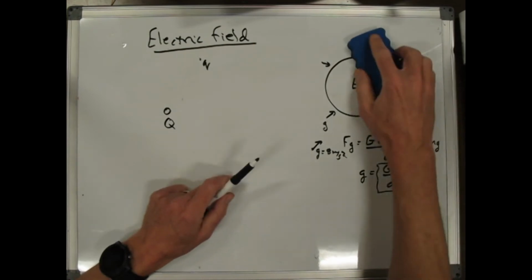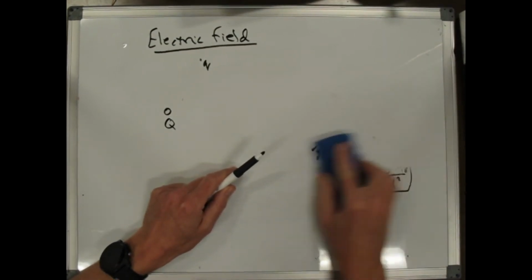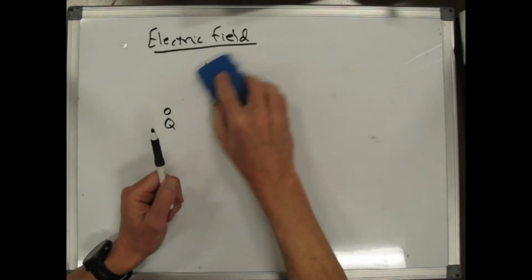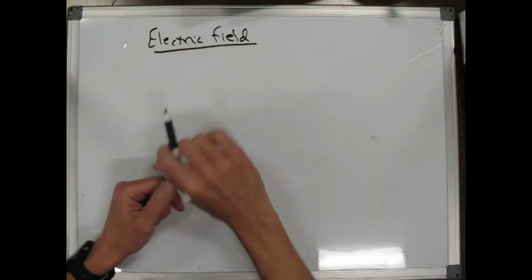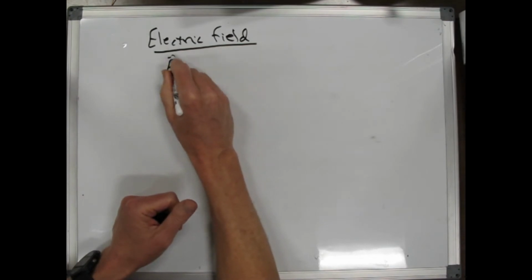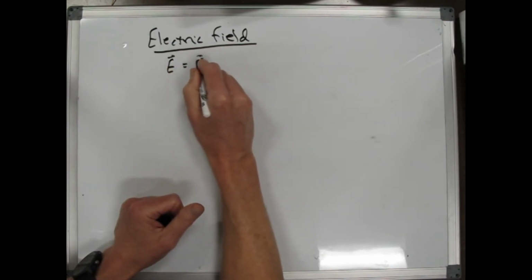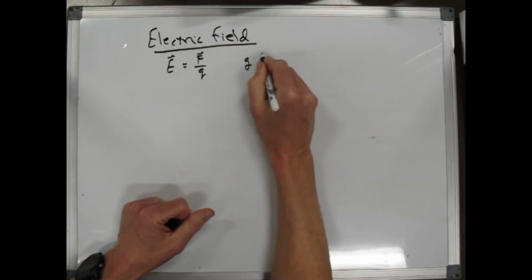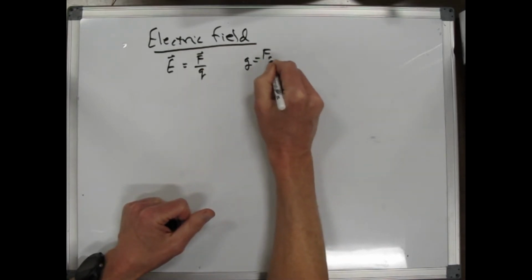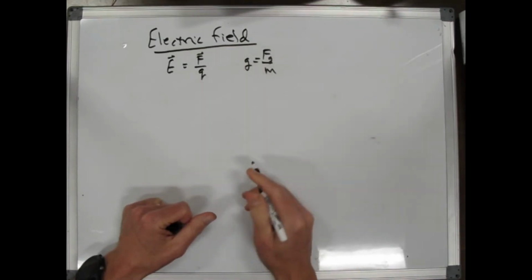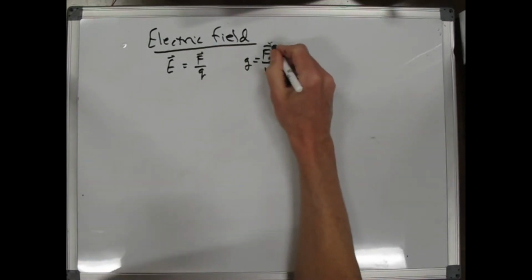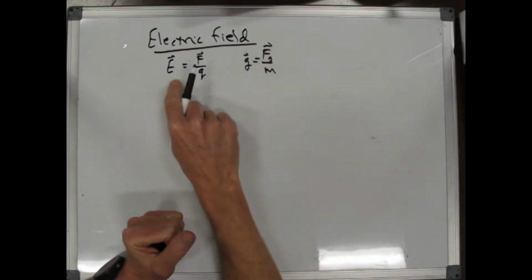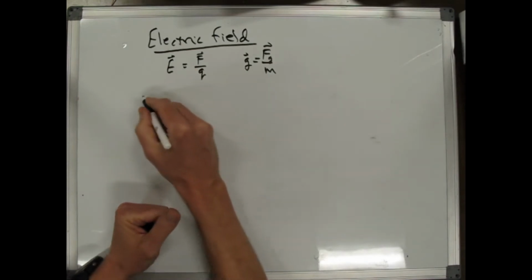So for the electric field, it's the same way, kind of. We say, look, the electric field due to an object, which we'll draw as a vector, is the force per charge, in the same way that the gravitational field is the force of gravity per mass. You can write these as vectors. That's what we did just a second ago. And so this is our definition for electric field. For point charges,